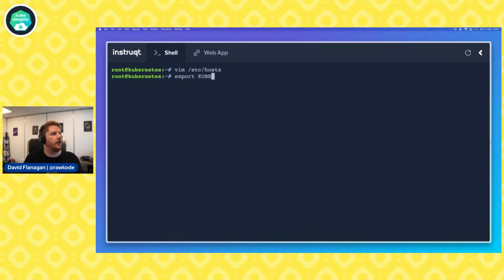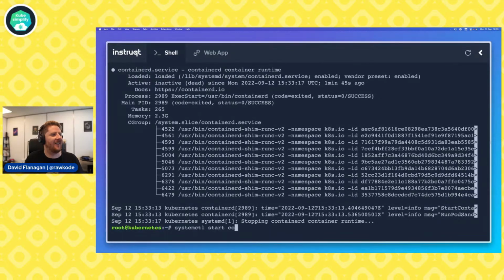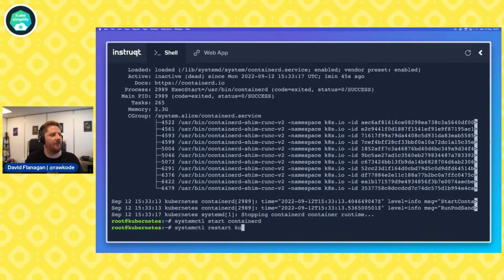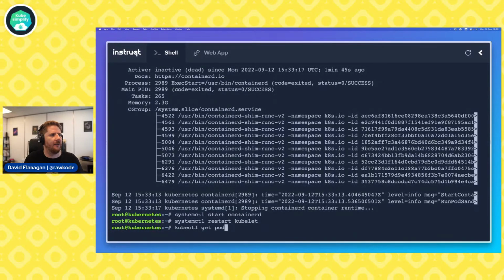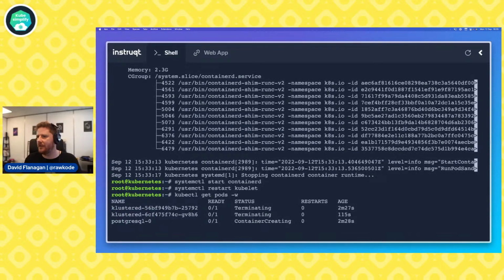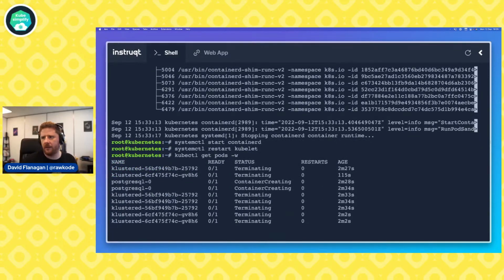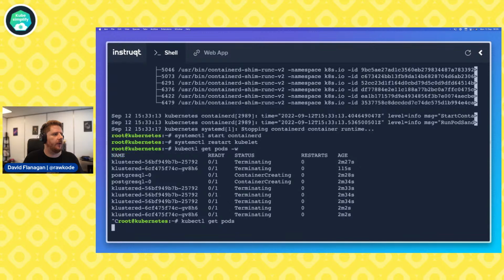Okay, export kube config. Systemctl. It is containerd, inactive, start containerd. I'm going to speed that up, restart the kubelet, run get pods on a watch. We'll see that coming back up in just a second. Yes, you will have to either delete the target port or update it to be the same as the port. I can see my kubelet working now. I'm going to run get pods.